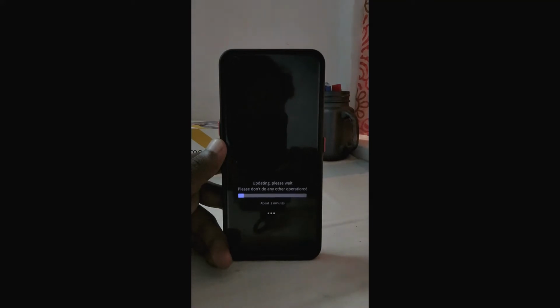So it will take about 4 minutes or something, as I've seen. And to be honest, this is a safe method and the official method to downgrade to Realme UI 1.0. For now, I can tell Realme UI 1.0 is much better than Realme UI 2.0. So if you're willing to go back to Realme UI 1.0, you can use this method, and nothing to worry about. Just make sure you have downloaded the correct OZip file, which I'm providing in the description.